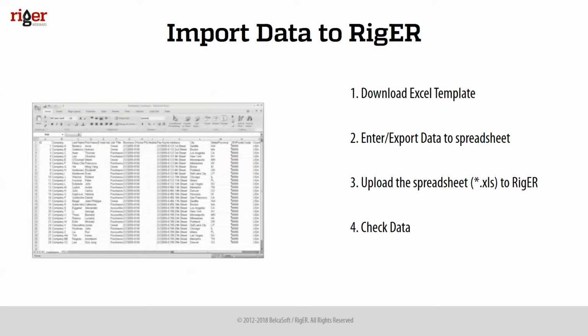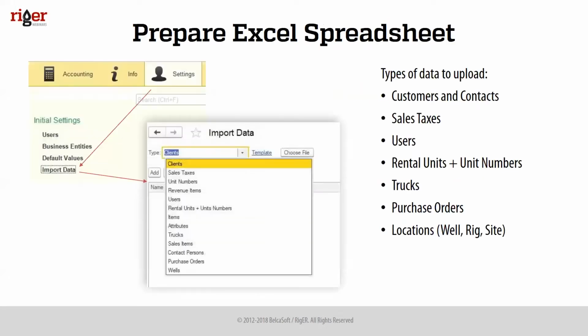The second step will be you enter your data or export your data from the working files to the RigER spreadsheet, and you save it. Close the document, and next step, just upload the spreadsheet to RigER. Again, as you can see here, you click the choose file button, and here you are able to upload the